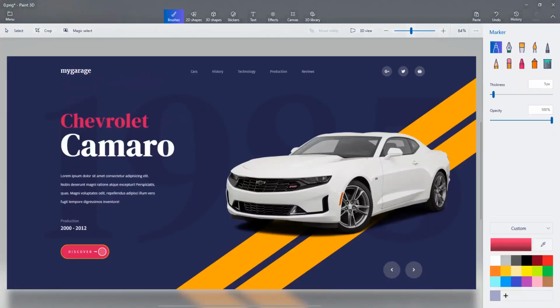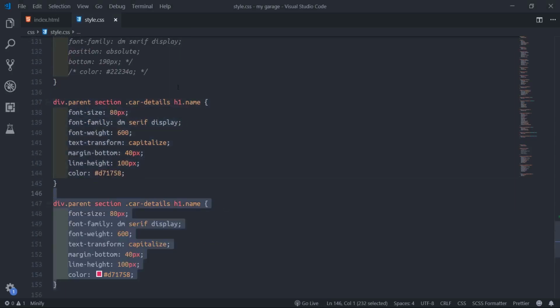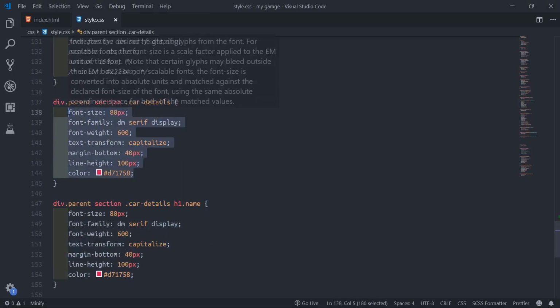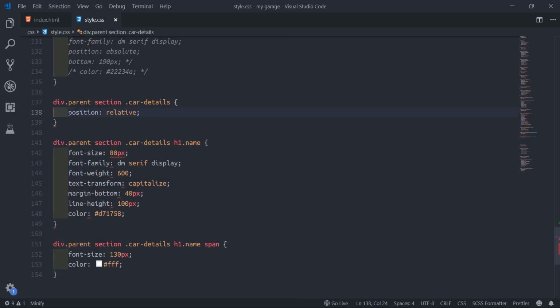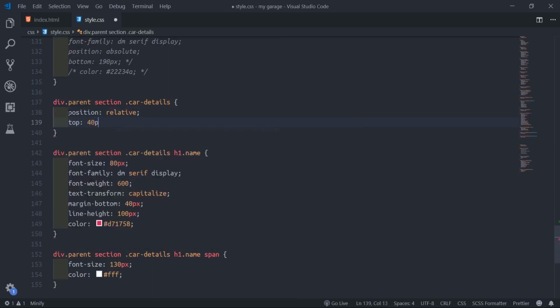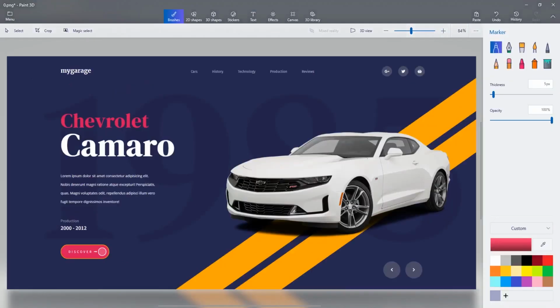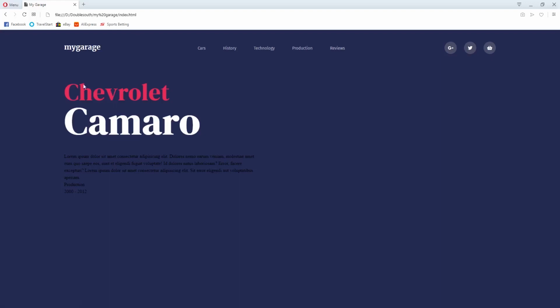So we'll target car details. We'll target car details. I'll duplicate this one. Then I'll target this guy here. So the car details now. We'll say position relative. Then we'll push out the top corner small. So we'll put like 40 pixel. We'll see. Space. Okay.